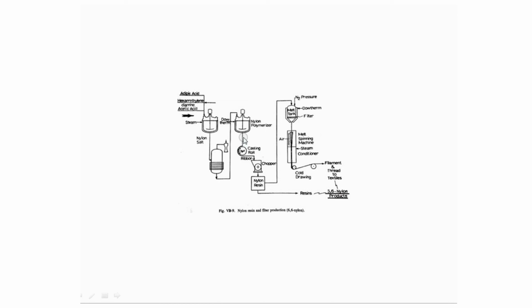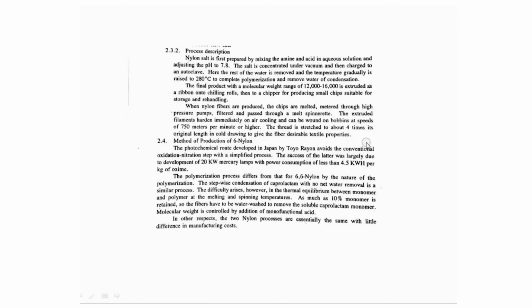From here we get nylon 6, but before that we don't get any expelled water molecule, and the entire kinetics of the reactions are different, because this is not a photochemical reaction, this is an ordinary polymerization reaction. So there the reaction is different. From here he is saying that for the nylon 6 obtained from here, the rest of the methods are the same.